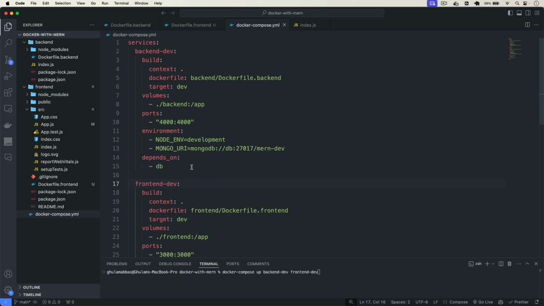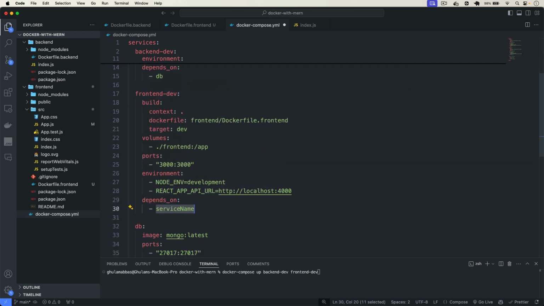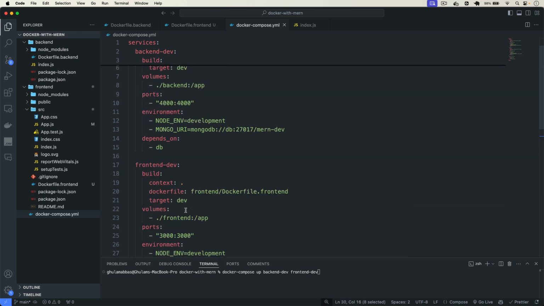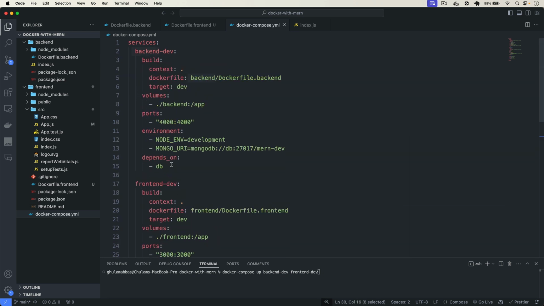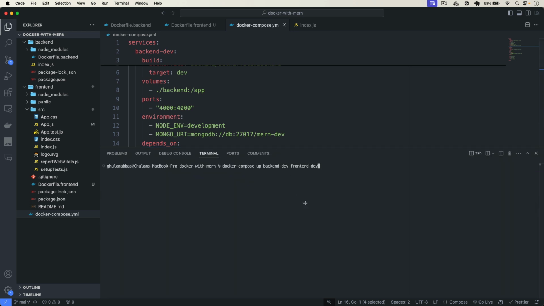So what I can do in here is simply type that my front end depends on my back end. That is going to be backend-dev. Now if I start the front end, it will automatically start the back end. If I start the back end, it will automatically start the DB, because they depend on each other. And now let's say I just want to start front end